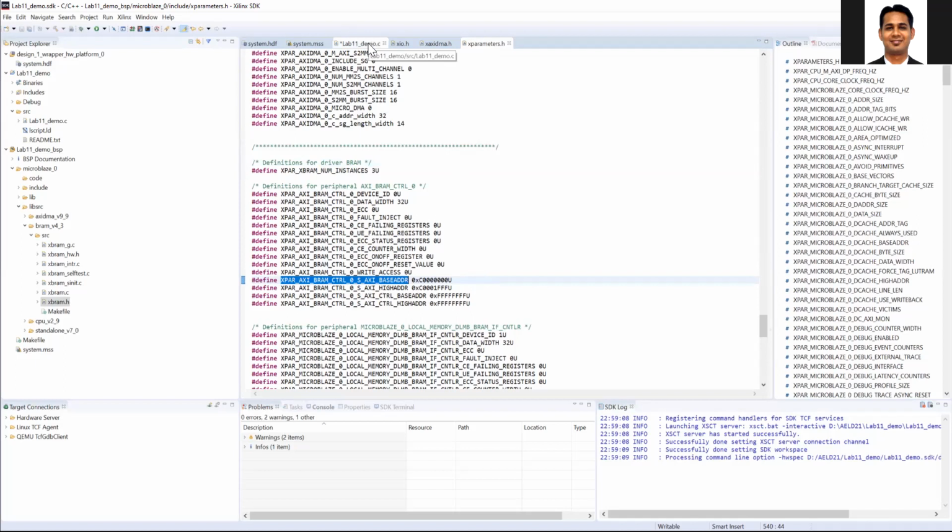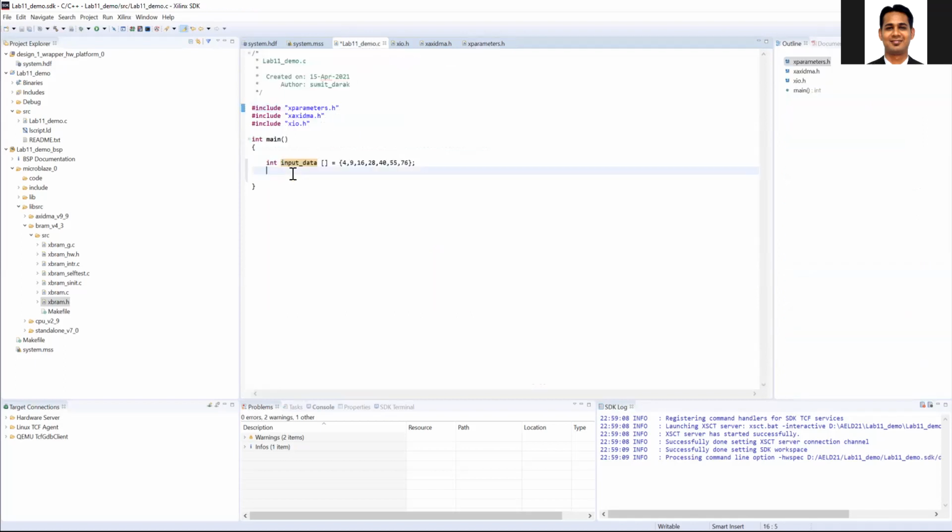So I'm going to first do the write operation inside the block RAM. I'm going to copy this into my initial address of the block RAM. And then I'll write a for loop: int i = 0; i < 8; i++.